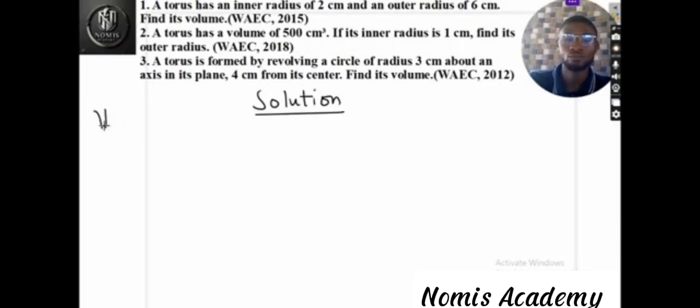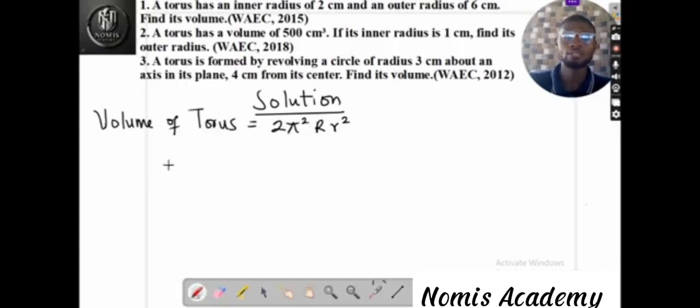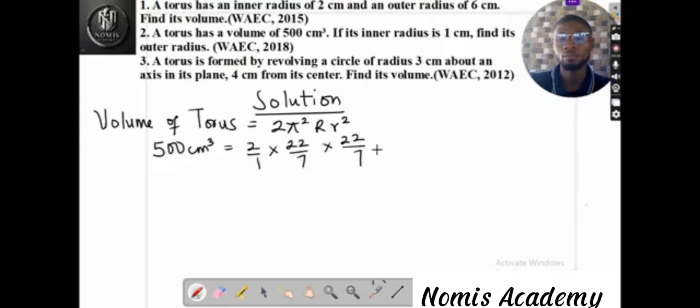So volume of torus is equal to 2 pi squared r squared. So let's put in the value of the formula. This has already been given to be 500 centimeter cube equal to 2 over 1 multiplied by 22 over 7 multiplied by 22 over 7. The outer radius we are looking for, so let us leave it as r, and the inner radius is 1